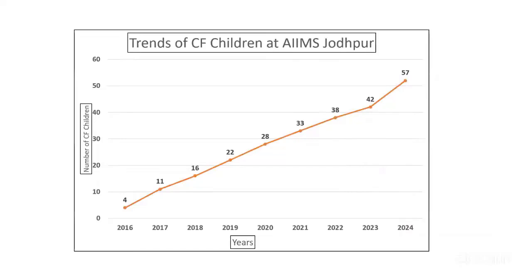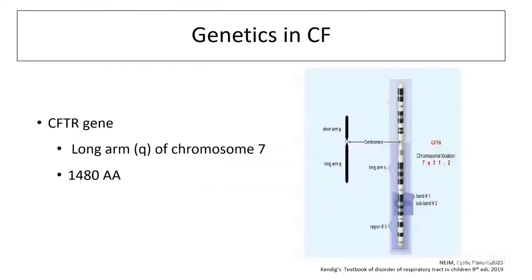And this is the trend of cystic fibrosis presentation at AIIMS Jodhpur. We started from 2016 and now it is 2024. This is about 57 cases in our AIIMS Jodhpur. Now, as you all know, the gene for cystic fibrosis is located on the long arm of the 7th